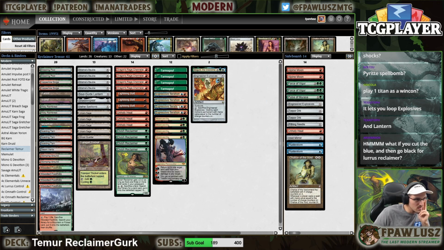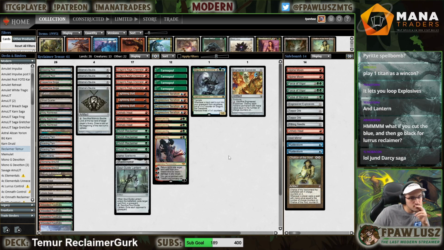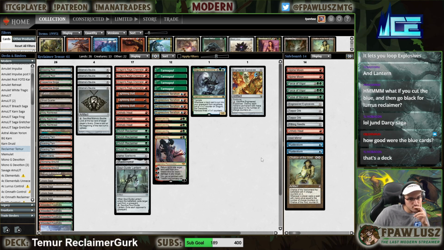I'm playing blue already. Sacrificing the land seems worse than putting the card on top. What if you cut the blue and then go black for Lurrus Reclaimer? How good are the blue cards? I mean, it's Expressive Iteration. That's the blue card. I already have a Jund version of the deck